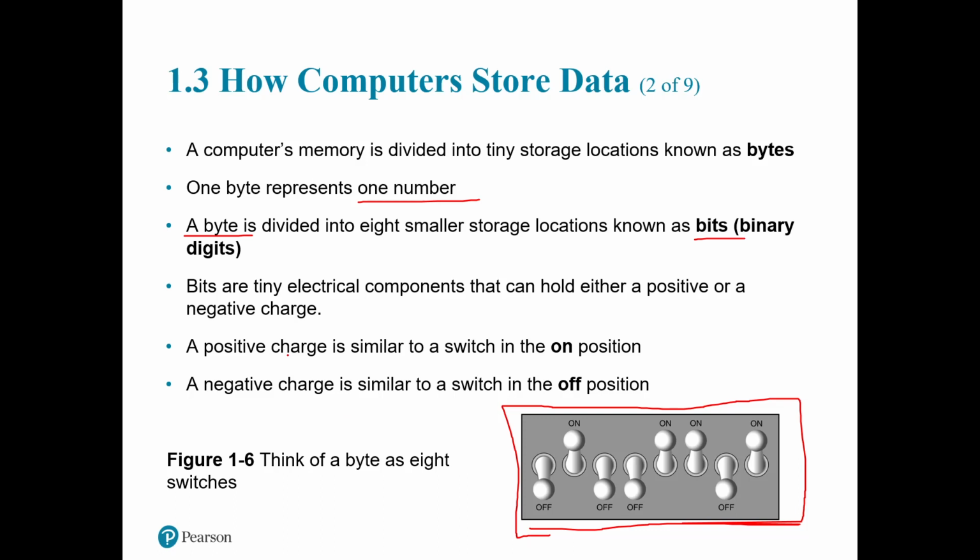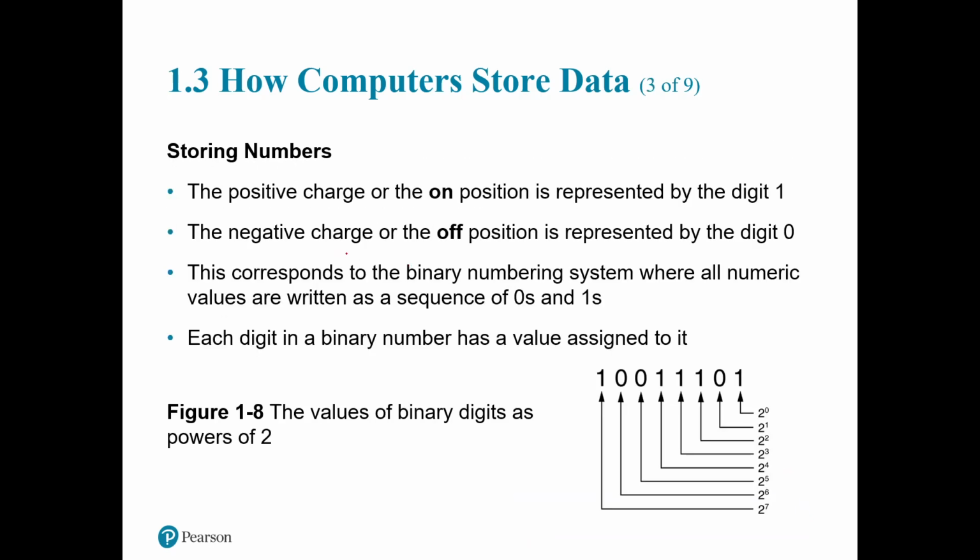So bits are just tiny electrical components that can hold either a positive or a negative charge, and a positive charge would be similar to a switch in the on position right here, positive, and then a negative, the opposite, off. It's easy, right? Nothing too hard so far. Now, the positive charge that is in the on position is what we refer to as 1. Then the negative charge we refer to as 0. Sometimes we also refer to 1 as true